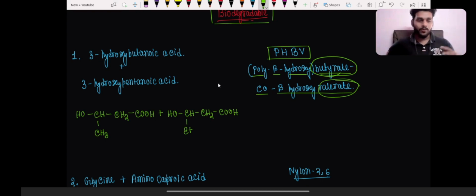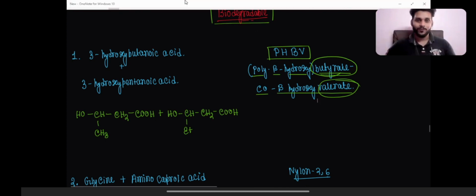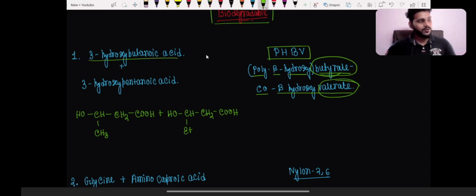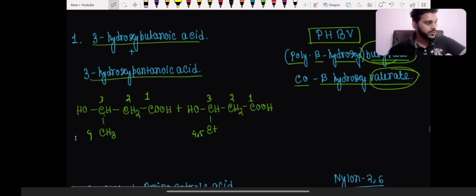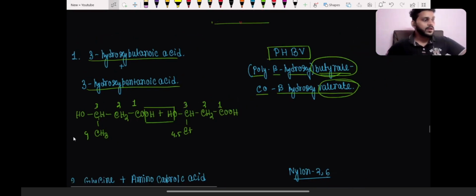So guys, how do you make the polymer? By mistake I have written it earlier only because it was taking a lot of time, so I thought of writing it already. So over here you can see that 3 hydroxybutanoic acid and 3 hydroxypentanoic acid. So guys, the two monomers are very simple over here. 3 hydroxybutanoic acid, you can see that 1 2 3 4, and 3 hydroxypentanoic acid, 1 2 3 4 5, an ethyl group in there. So combining them together, what do we get? You just have to make an ester out of it. Always remember, whenever esterification occurs, OH comes from the acid, H comes from the base. So you get the